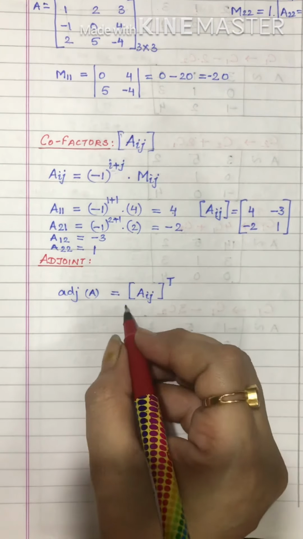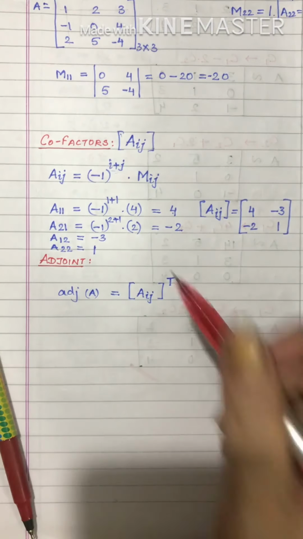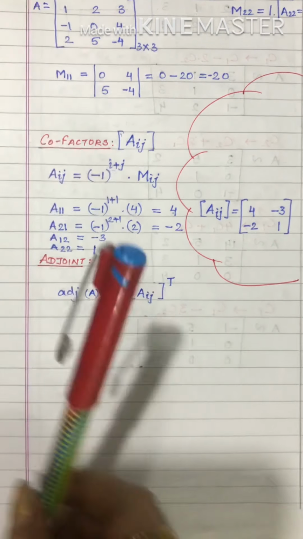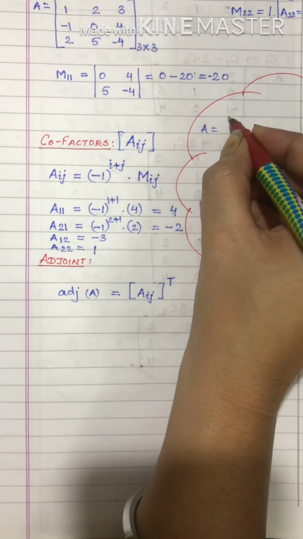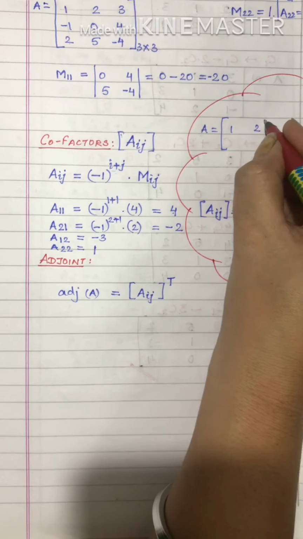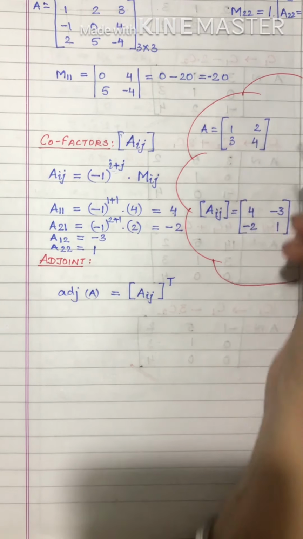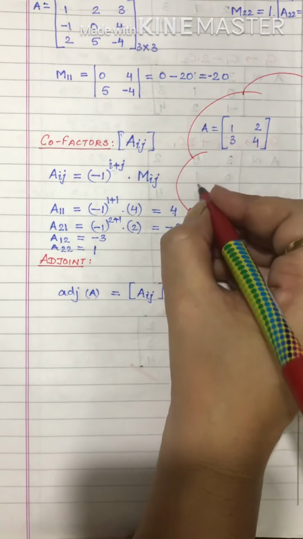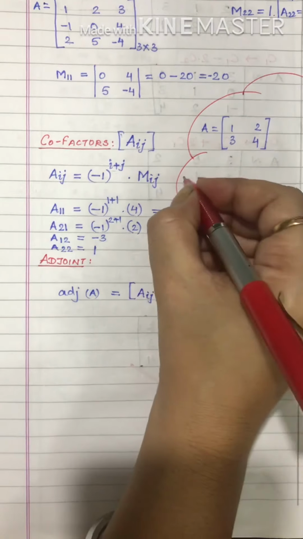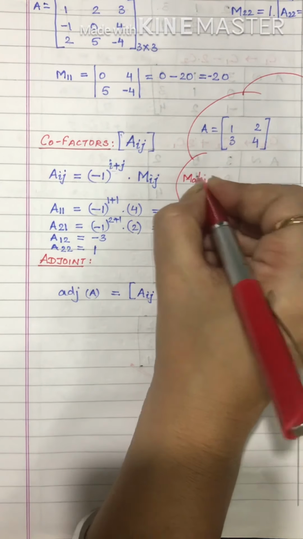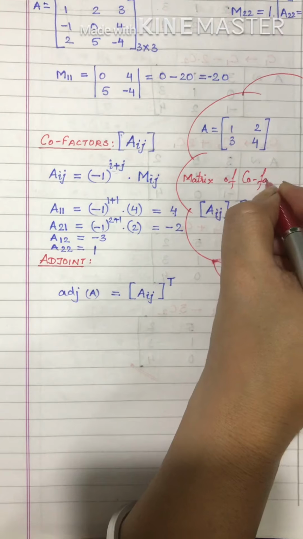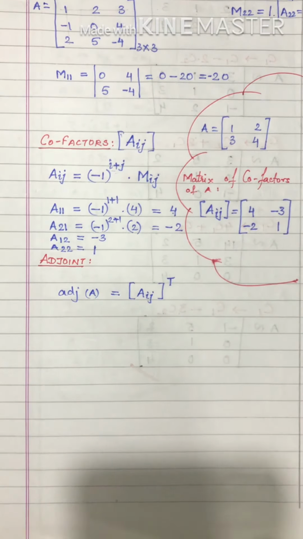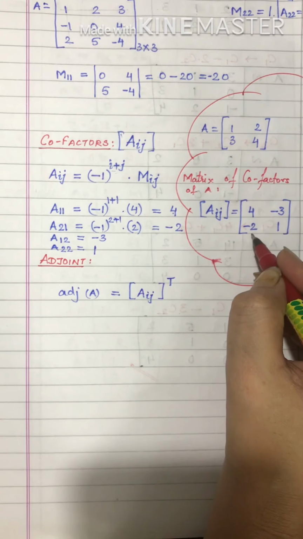fine. I'll tell you one wonderful trick here. Now this is a shortcut how to find the matrix of cofactors for a 2 by 2 matrix. Okay, now just observe this matrix carefully. The given matrix was 1, 2, 3, 4, and the matrix of cofactors, okay, I will write it here. Matrix of cofactors of A. Okay, what we got? 4, minus 3, minus 2, 1.